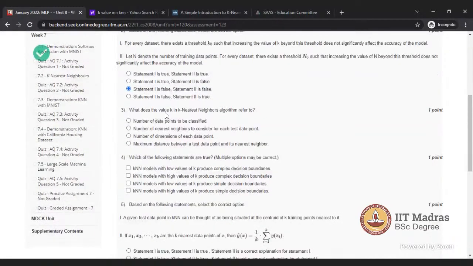What does the value k in the k nearest neighbors algorithm refer to? Can anyone say, apart from you? Other people, just speak. It would be good if we had more participants.